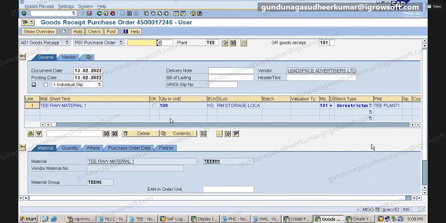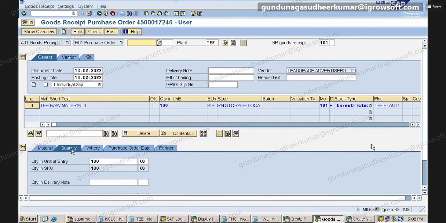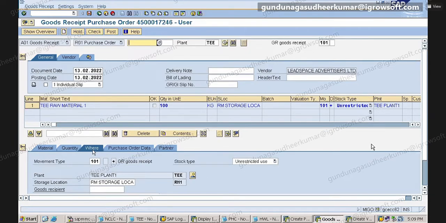So now my purchase order I have selected. Next, which material? This material, the raw material. Then quantity, which quantity? 100 kgs. So we received 100. The goods clerk is logging into the SAP system, Migo screen, and saying that we received 100 kgs of this material. Who is doing this step? End user. So we received this material and this much quantity.